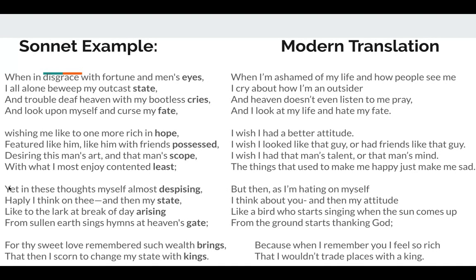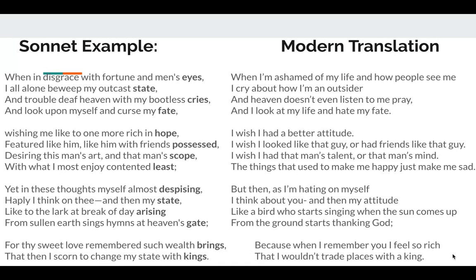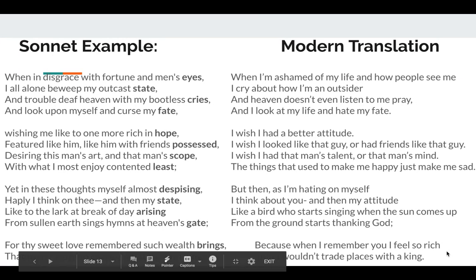But then, now notice it says here, but then, that sounds like a tone shift. And over here we had yet. So we've got that tone shift we talked about. But then as I'm hating on myself, I think about you. And then my attitude, like a bird who starts singing when the sun comes up from the ground, starts thanking God. And here's the final couplet. Here's the kicker. Because when I remember you, I feel so rich that I wouldn't trade places with a king. Okay, so if you take this one step at a time,